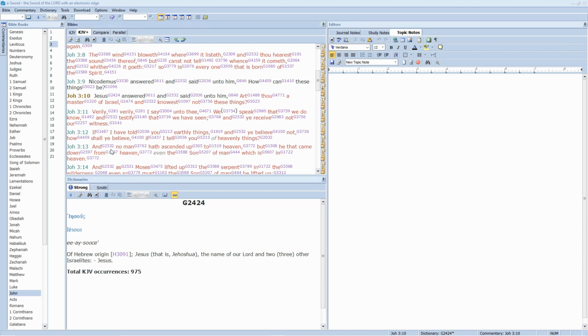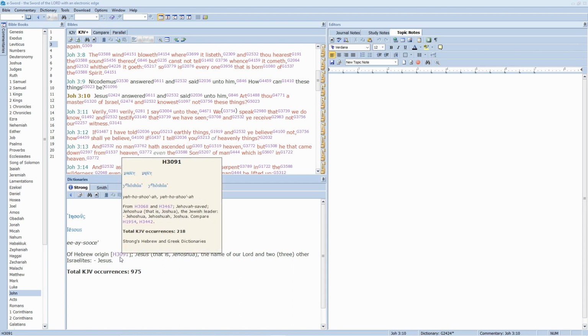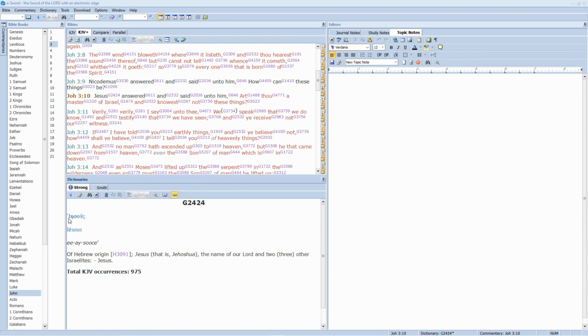So here we have Greek, G's for Greek, and H is for Hebrew. We can pull this and we can see that's Yahshua, okay, or Jehovah saved, the Jewish leader. It brings up every single meaning of that word. And you can see right here that it has the actual Greek language itself.